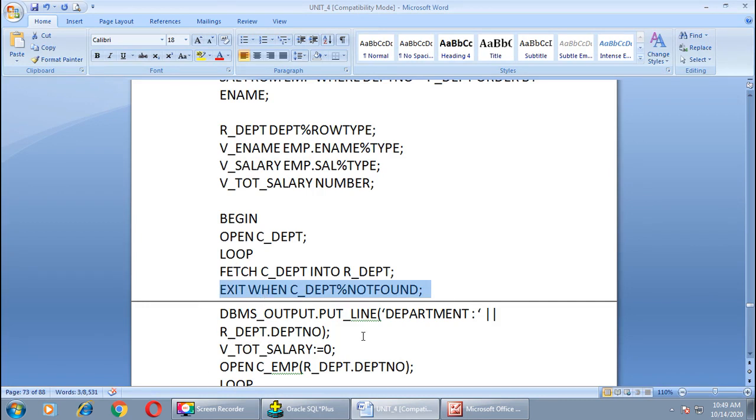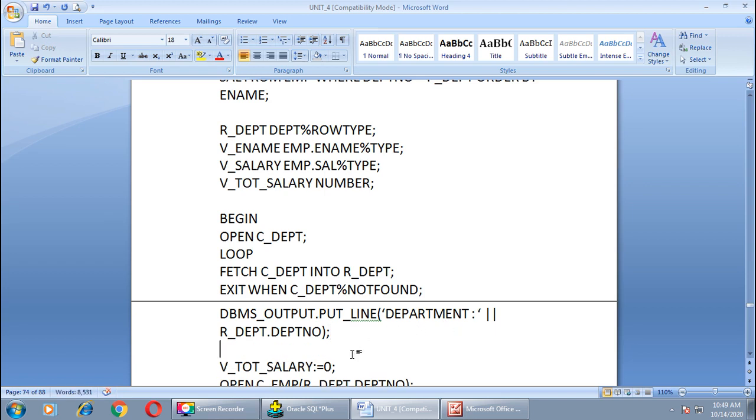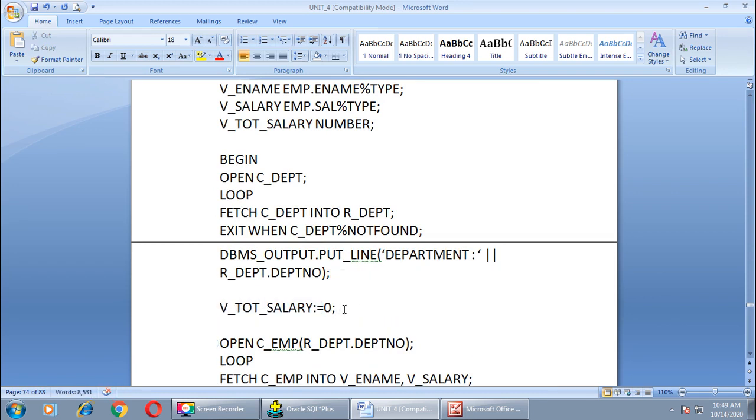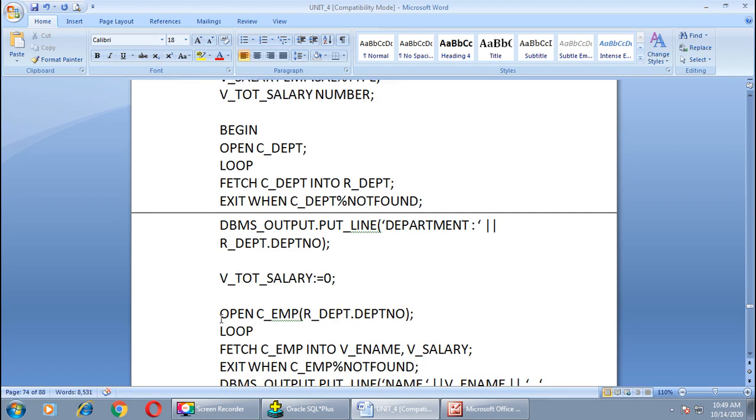Now we want to print the department number. Here V total salary equals 0, we have initialized this variable with 0, and inside this cursor we open another cursor using the open statement, right? You can see that before closing the C department cursor, we have opened one more cursor inside it.